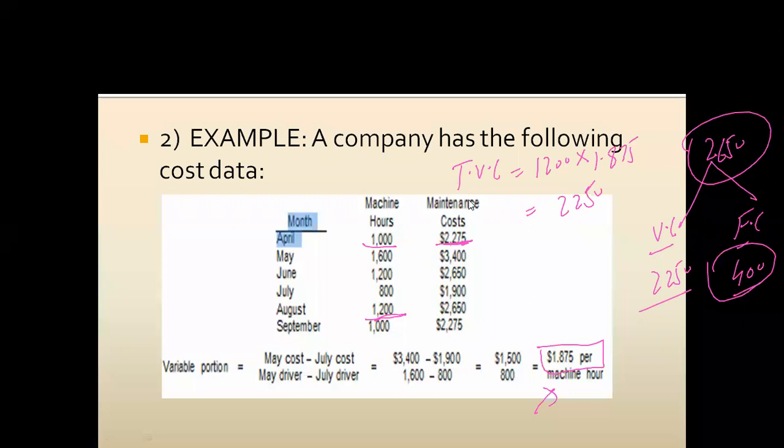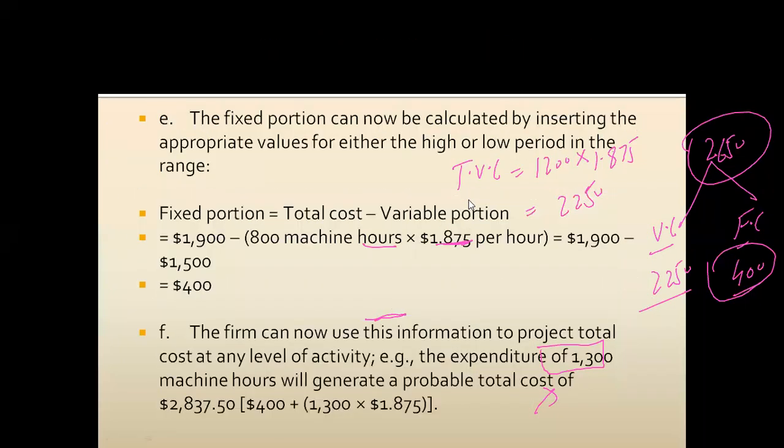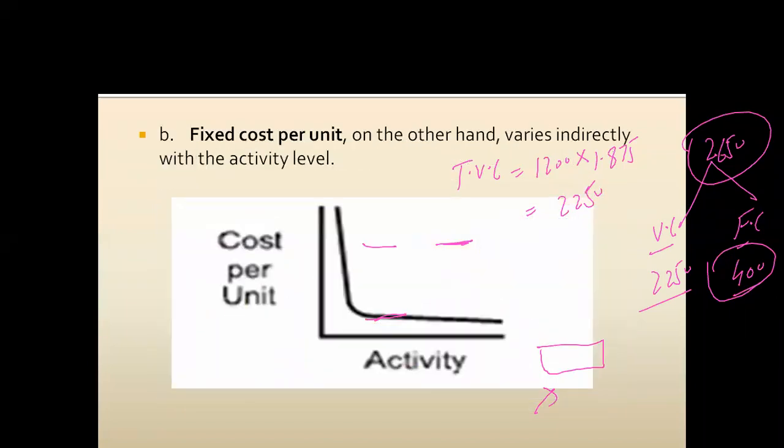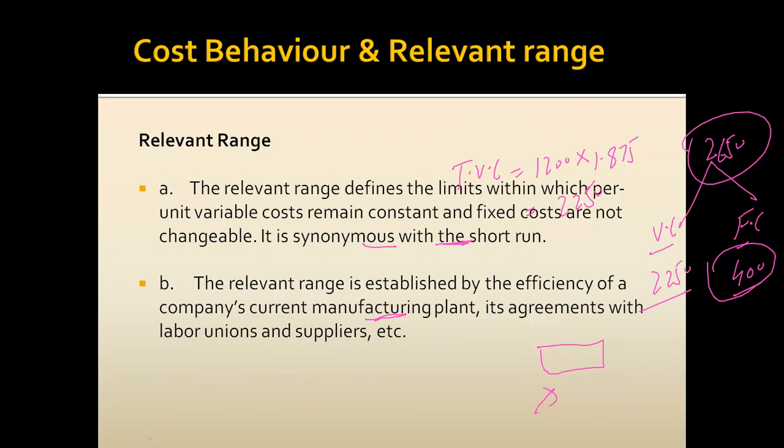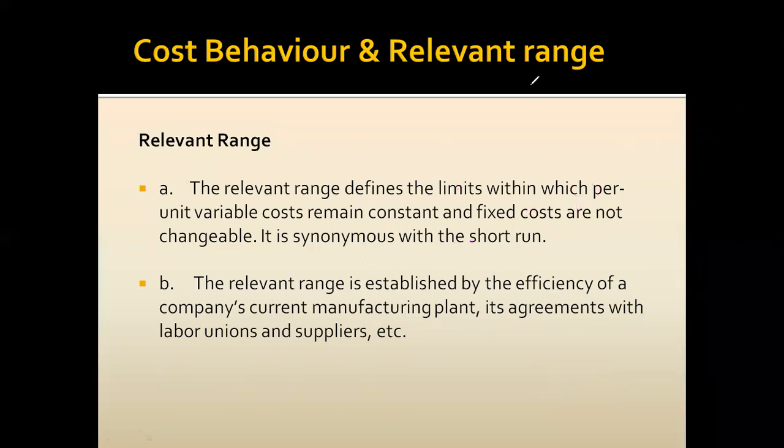So now I can explain to you one more time the concept of relevant range. Let us discuss the concept of relevant range one more time. See, I explained to you the behavior of variable cost and fixed cost. I said that variable cost will remain same on per unit basis, but it will not remain same forever. It will remain same within specific limits. And that particular limit, we actually define as relevant range. That limit, students, usually we define in terms of capacity